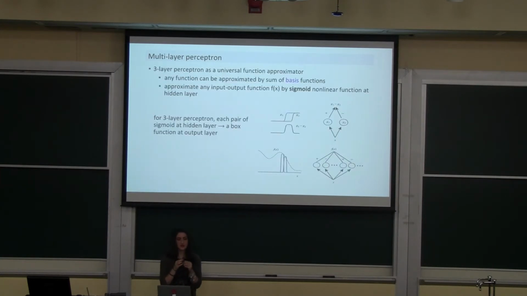So just kind of an overview of why this works is that incorporating a hidden layer into the perceptron allows for any function to be approximated because it can be linearly combined with other functions using these basis functions. One example of this is the sigmoid nonlinear function, which basically is 2 step functions at different points, and then they're subtracted so that you get this